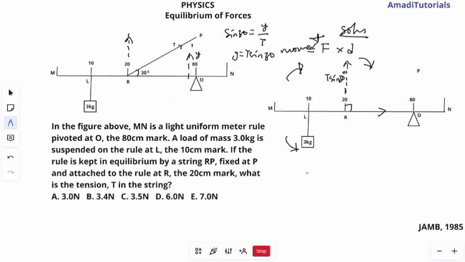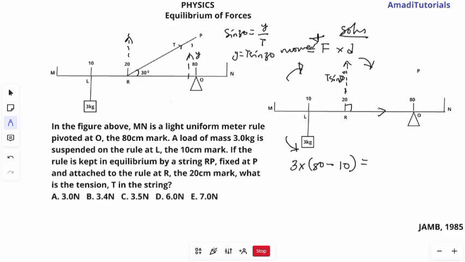So we'll take our moment. So we take moment for this first 3 kg mass. So the moment there will be the mass there. You can convert it to force or to weight by multiplying it by acceleration due to gravity, which is approximately 10 meters per second squared. But let's just leave it at the kg for now. So that will be 3 kg times the distance from that point to the point of consideration, which is the fulcrum. So the point of the fulcrum is 80 cm or meter, whatever it is. It wouldn't really matter because they will cancel out. It's 80 and here is 10. So distance from point L to O will be 80 minus 10. 80 minus 10 will give you that distance, equals to